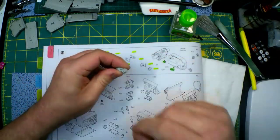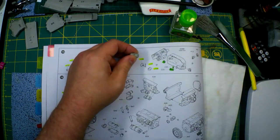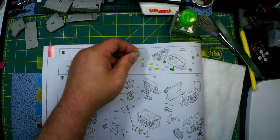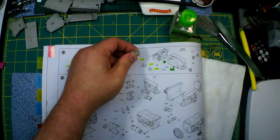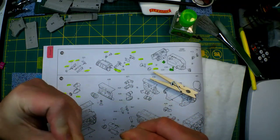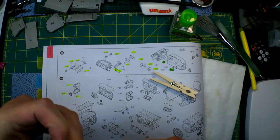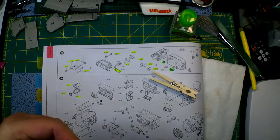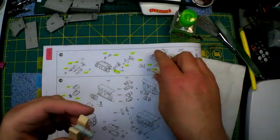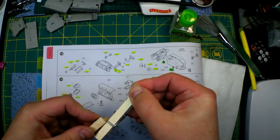And I'm going to put an entire box of clamps. But when I need one, I can't find one. So I'm going to go like that with that one. Maybe like...